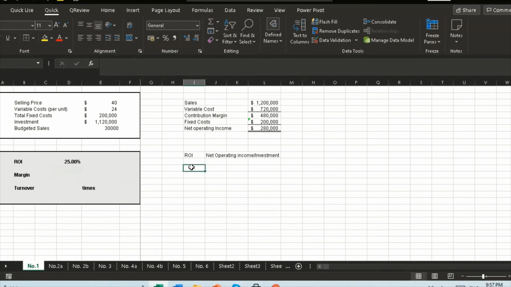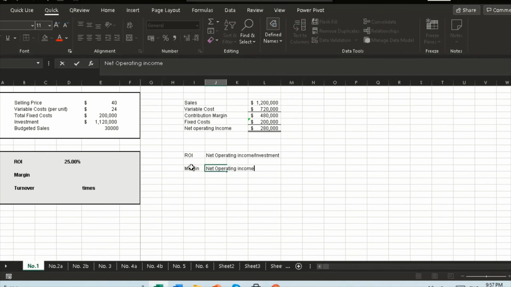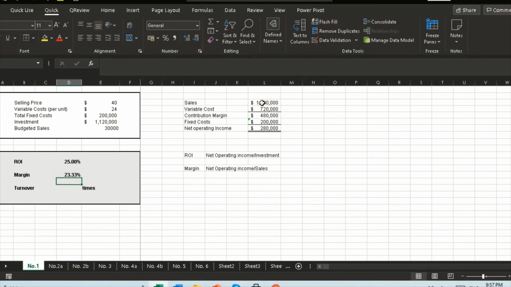To compute for the margin, we will divide our net operating income by the total sales. So it is the net operating income of 280,000 to be divided by the total sales of 1,200,000, which should give us 23.33%. For the turnover,